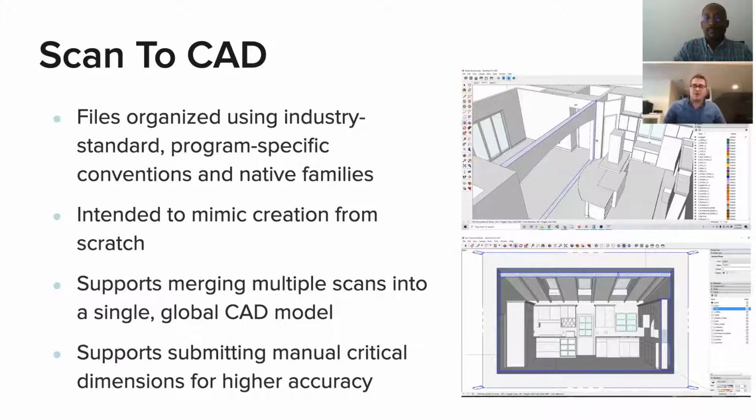And so what you can do there is after you submit your scan, you can email our customer support team with a crudely hand-drawn sketch or a photo, and you can mark out certain measurements that you've captured or verified by hand, and we'll ensure that those are included in your model. So if you've got a wall and a window, you can basically say, between these two spaces, it's 8 feet, 4 inches, and 3/16 of an inch, and we'll make sure that those measurements manually override whatever was captured